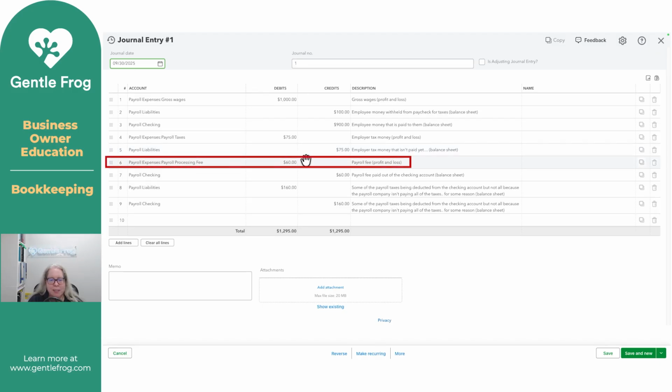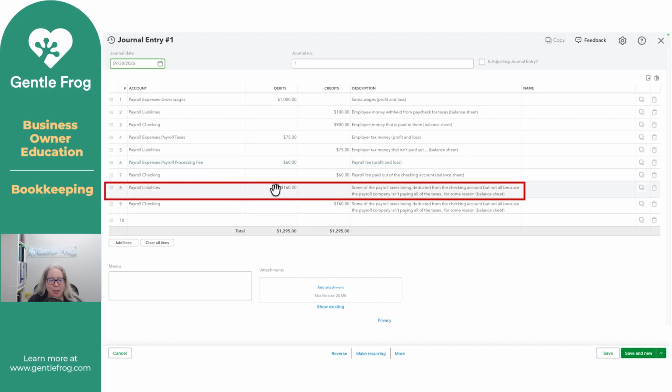Line number 6 is the payroll processing fee. So we've increased our fees and decreased the money out of our checking account. Then we get down to line number 8, and we certainly can scoot the fees down in line number 8 up. It doesn't really matter. In line number 8, we're saying some of that payroll tax money, remember, it's the employee money and the employer money,